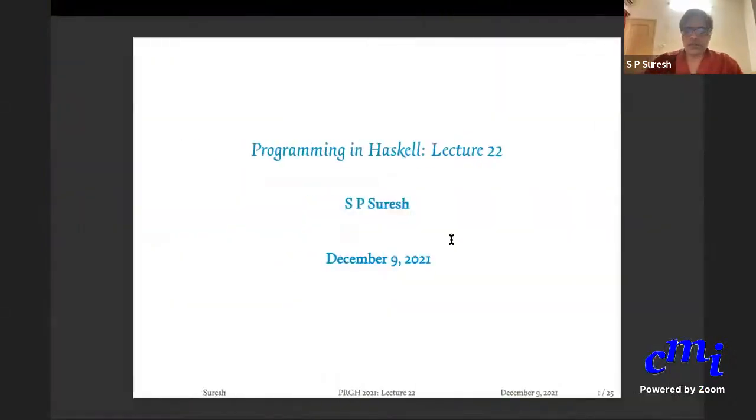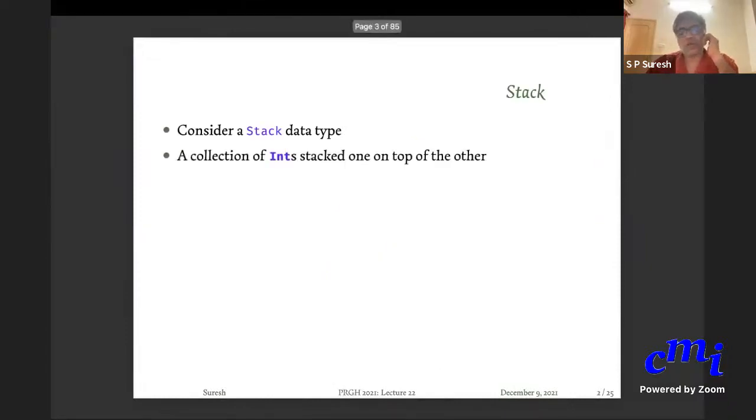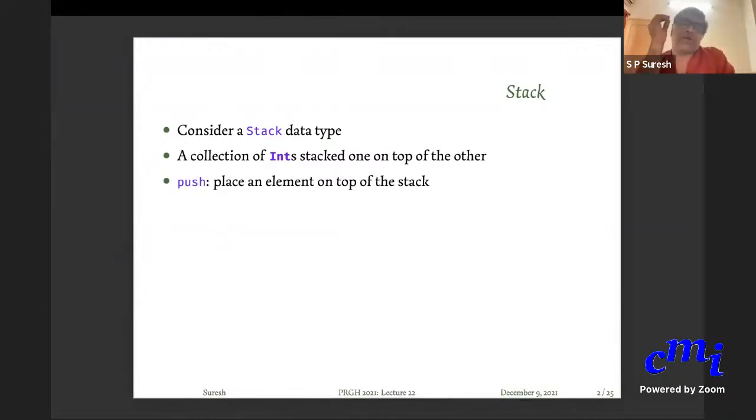So last class we ended at this stack data type. We originally said consider a collection of integers stacked one on top of another. I said dosas, but okay, integers. And you want to restrict the kind of access you want to make on this collection of integers.